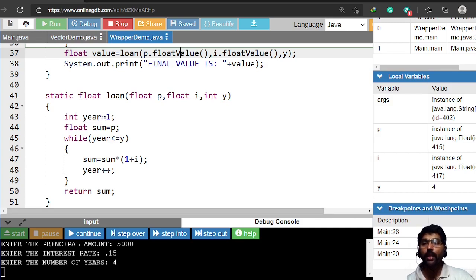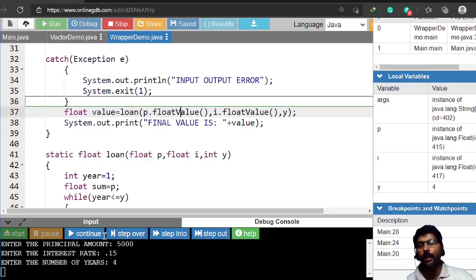Here it starts from the first year up to the number of years, which in my program is 4. The year is incremented from 1 to 4. First initialize sum with the principal amount. Then on each iteration the sum is added with the interest. It is compound interest. Here I have calculated using a technique called compound interest. To the principal amount, on each year it will add additional compound interest, and it will return the total value, the total amount I have to pay.